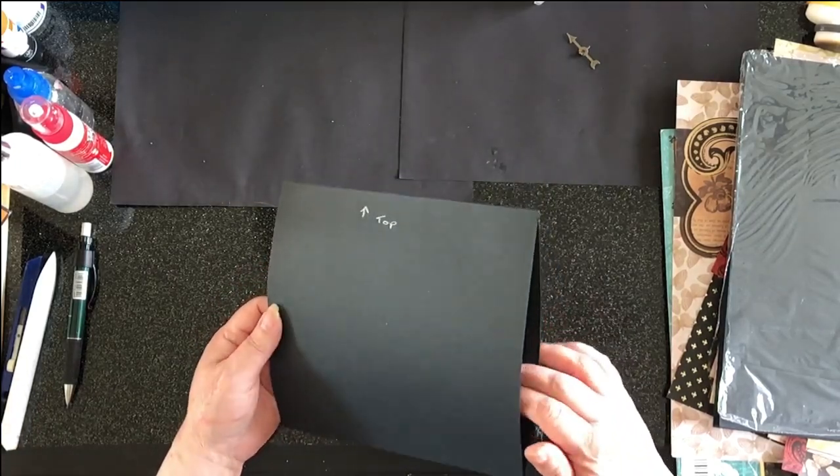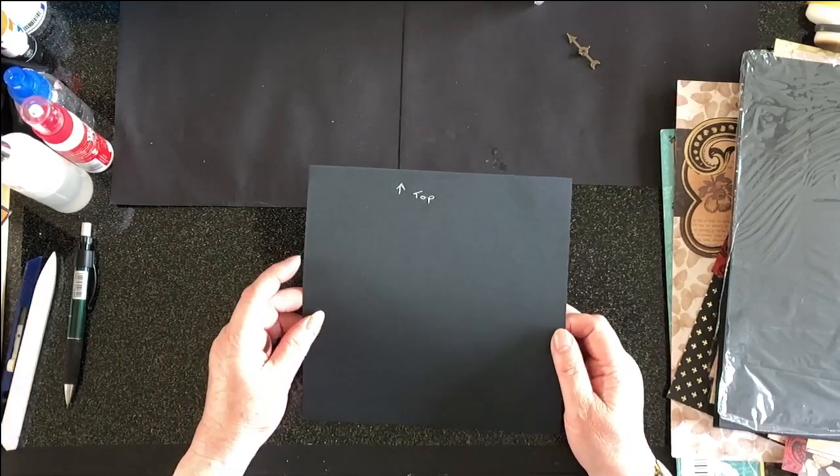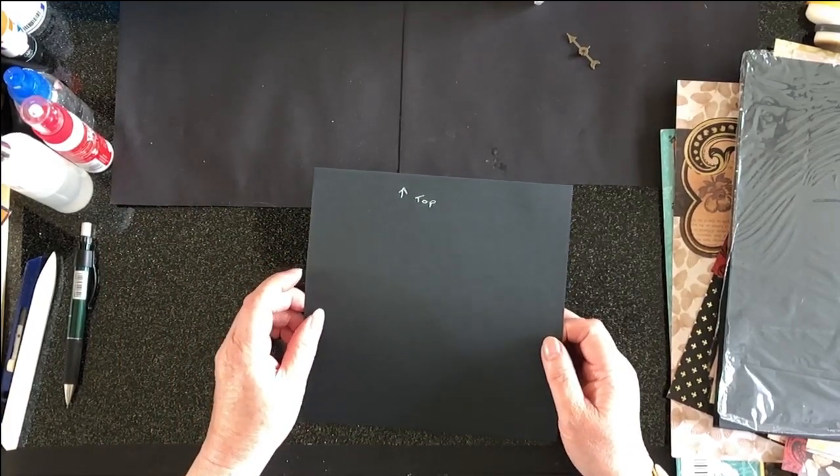So I have my base page here according to the instructions that you will find on the Facebook group, the Junk Journals, and